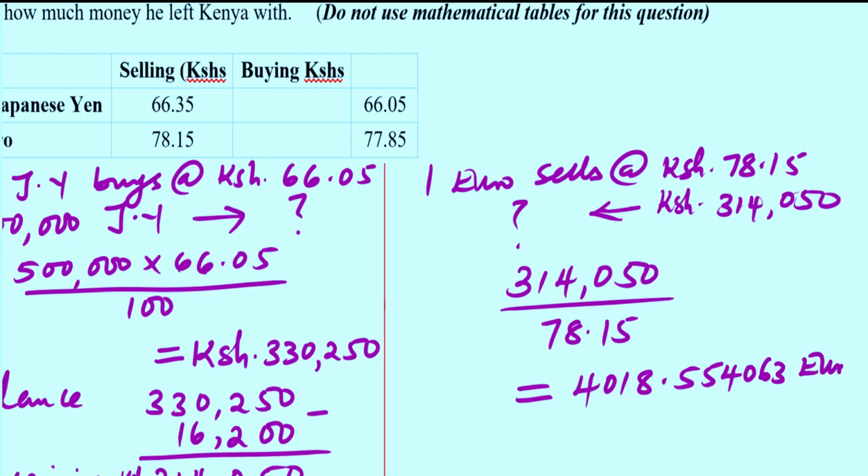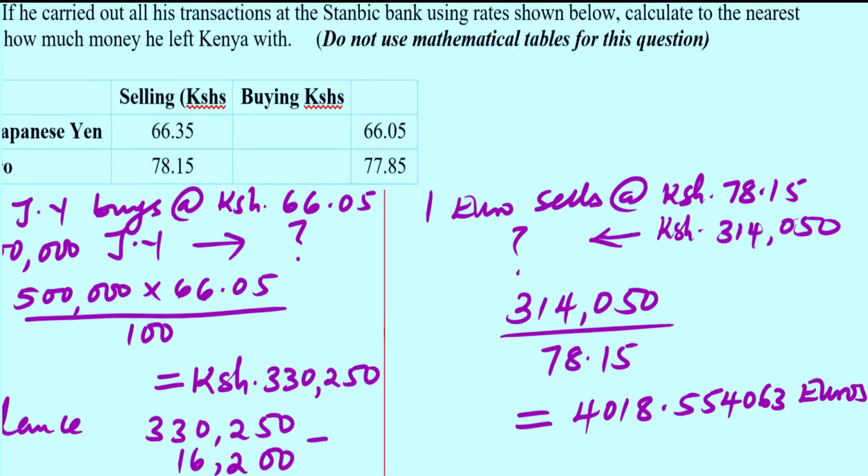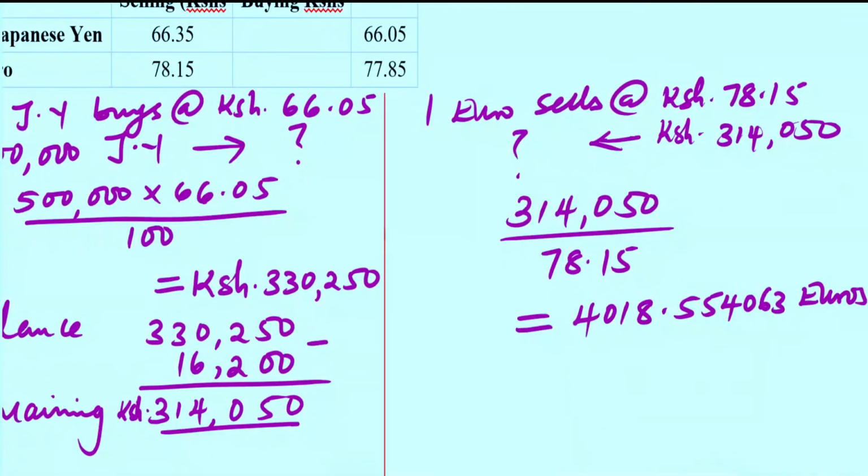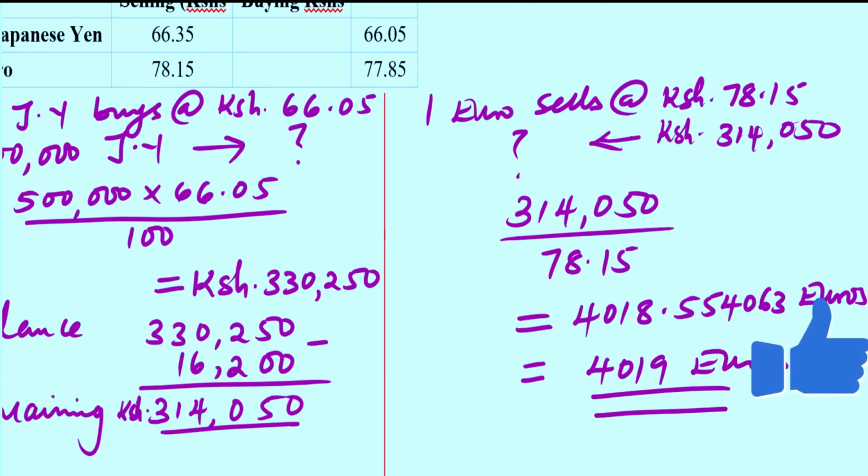The question requires us to give the nearest euros. If you round off, you get approximately 4,018 euros. So that is how you're supposed to work out